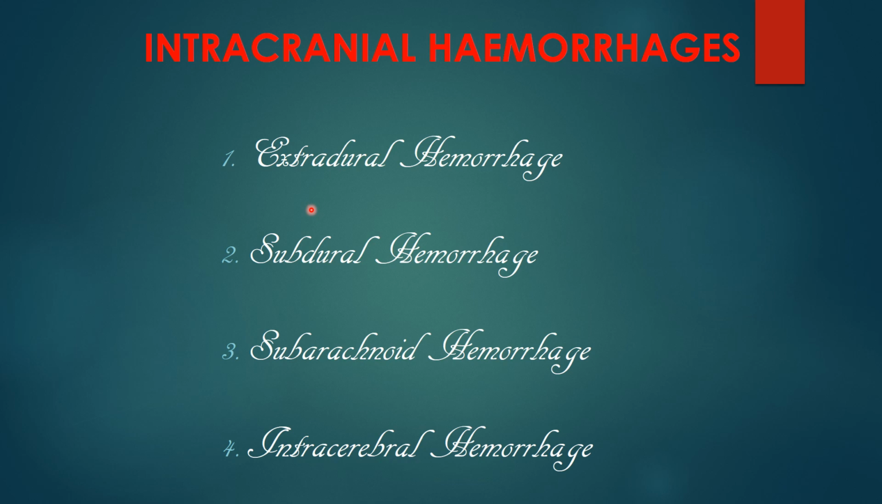So these are the four types of intracranial hemorrhage that I already talked about: extradural, subdural, subarachnoid, and intracerebral. We'll start with